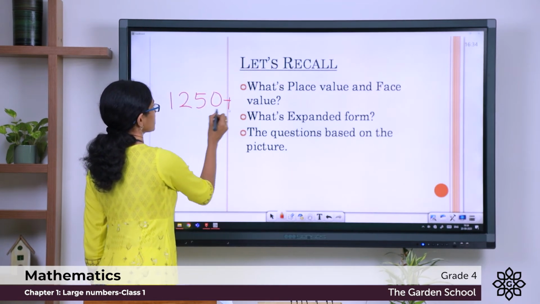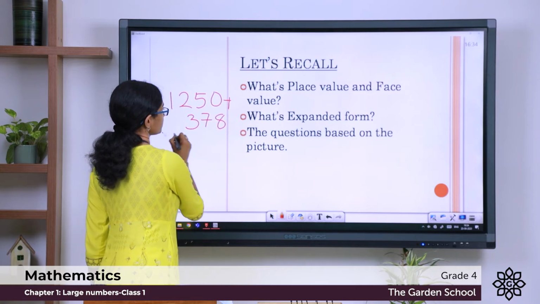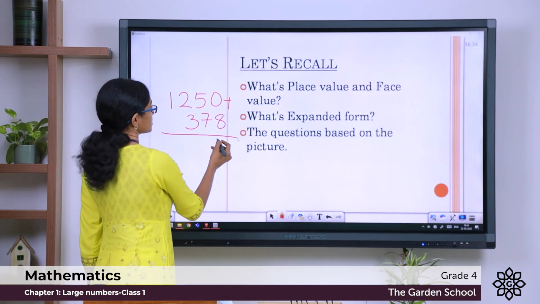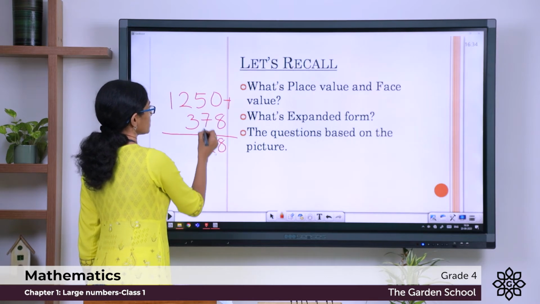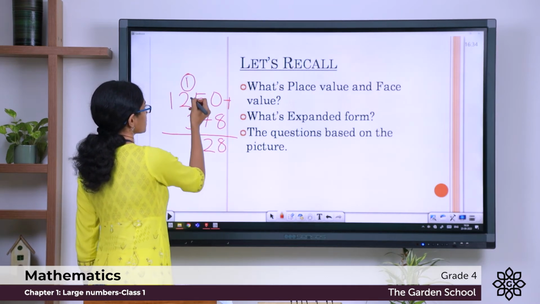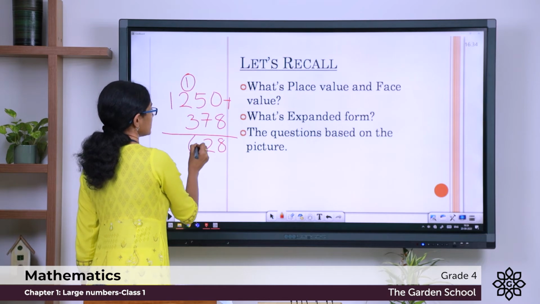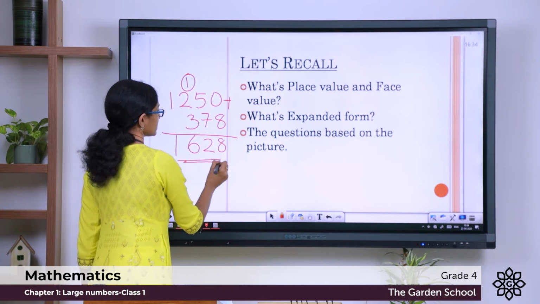1250 plus 378, which is 8 plus 0 is 8, 5 plus 7 is 12. You are shifting the carryover to the next place. So 3 plus 2 is 5, plus 1 is 6, and in the thousands place you have 1. So the answer is